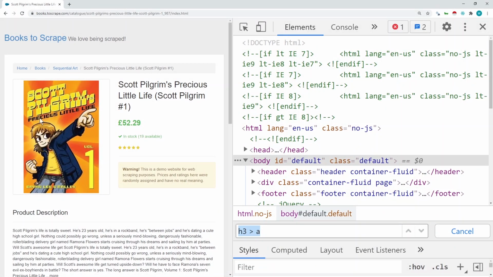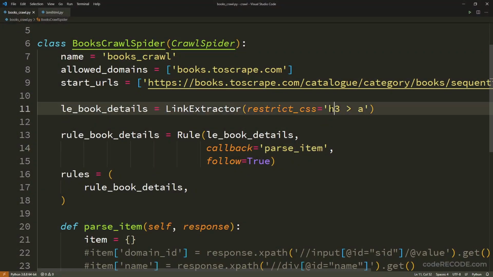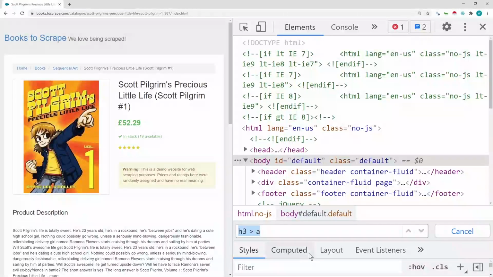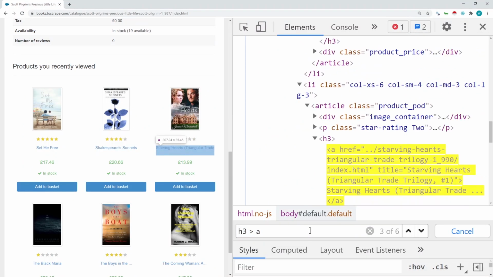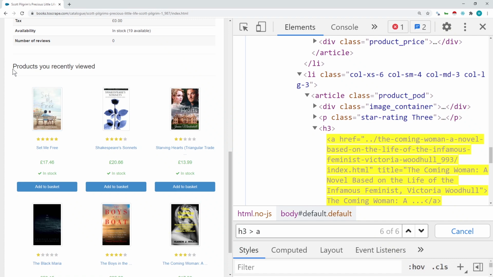Now, there are a few other links on this page which match exactly this link extractor criteria. So this H3 A. All right. If you look at them, these on the bottom are other books which are inside this book detail page. So what you are doing here is giving the permission to follow these books, or denying this permission.